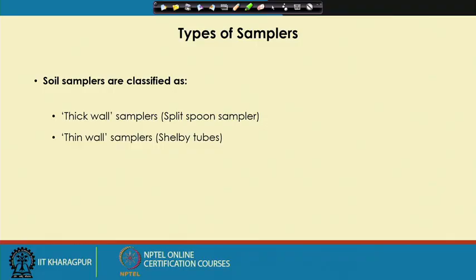So, then we talked about the criteria to collect the undisturbed soil sample, and we can use the thin wall sampler tube to collect the undisturbed soil sample. And in boring also, we have discussed that we can collect the soil sample by boring, and whenever we want, we can collect the soil sample by using the sampler tube also. So, these are the two sampler tubes generally we use to collect the soil samples. One will give you the disturbed soil sample, another will give you the undisturbed soil sample.